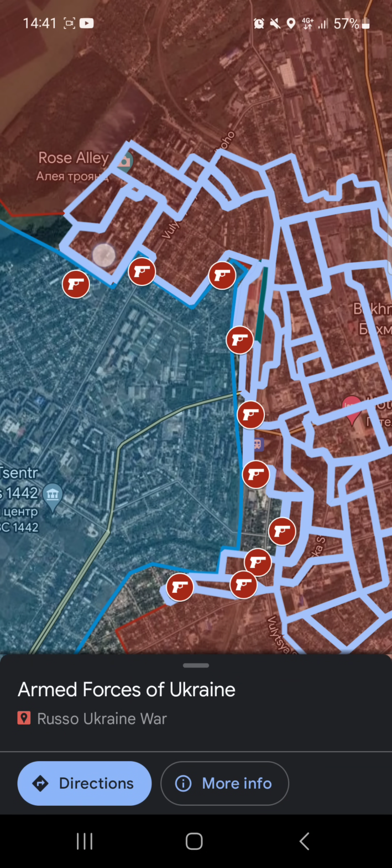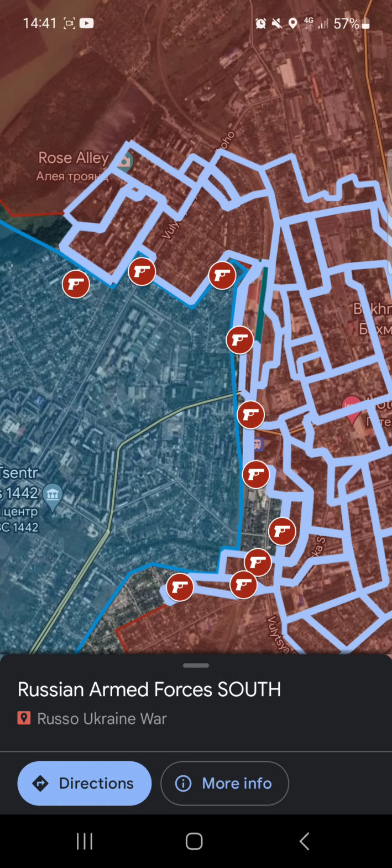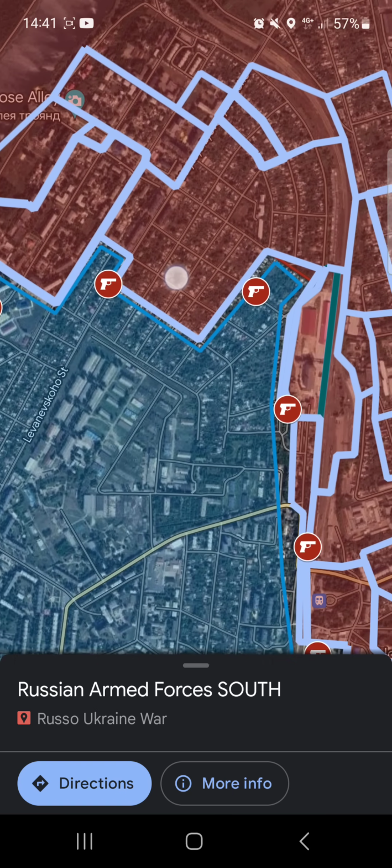In this one, I'm back on my old map as I have finally had the time to update it. And as we can see here, the Russian forces have been advancing on the whole front in Bakhmut. Most recently, they have advanced in this northern sector where they've captured most of these areas here to the north,